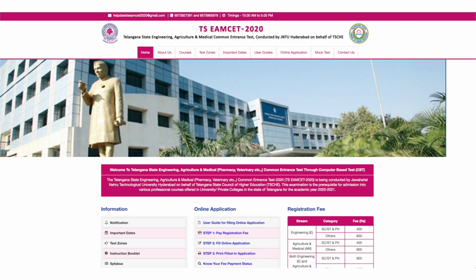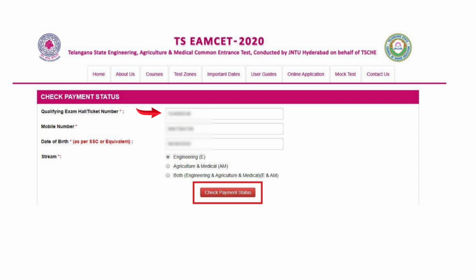Step 3. Know payment status. After submitting the form, candidates can check the status of payment by clicking on the Know Your Payment Status tab on the home page. Enter the qualifying exam hall ticket number, date of birth, stream and then click on the